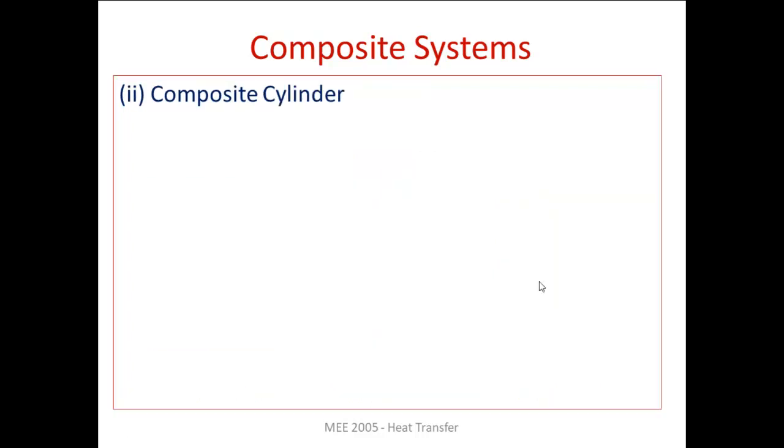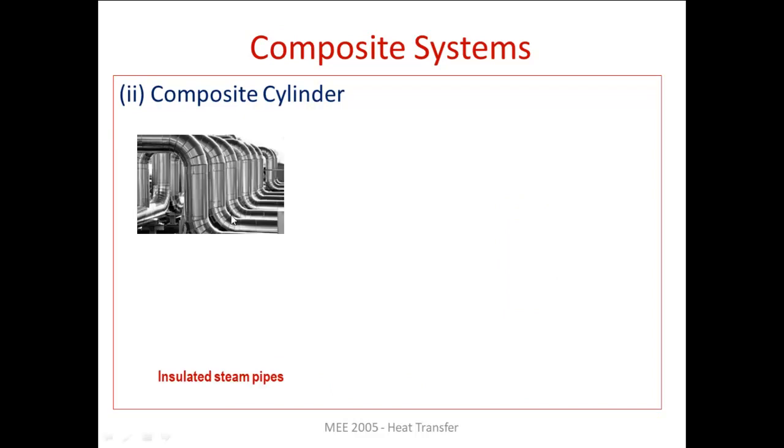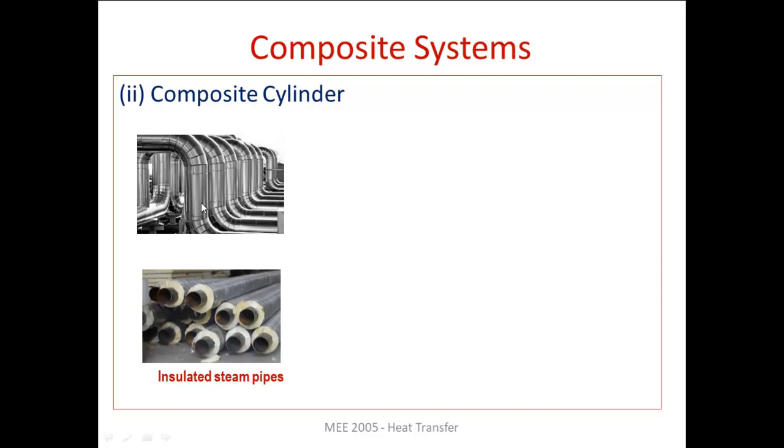Coming to the composite cylinder, let me give a few examples for composite cylinder. In the case of an industry where we are going to have process heating, in a process plant we will be having many pipelines, and some of the pipelines will be carrying steam. When steam is going to flow through the pipeline, steam is at higher temperature, so heat transfer from the steam to the surrounding has to be prevented. So for which we will be going for insulation of the pipeline. So here you can see inside this pipeline steam is going to flow, and to reduce the rate of heat transfer from the steam to the surrounding, we are providing insulation. So now you can see this is one cylinder and this is another cylinder. So we are having a composite cylinder here.